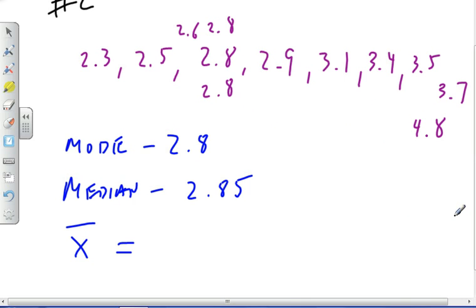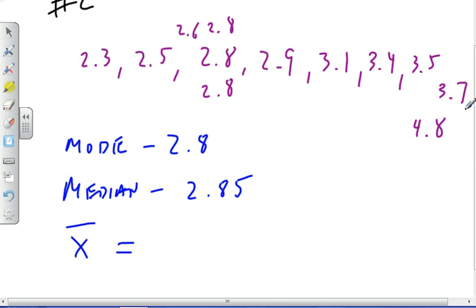I'm gonna do it differently because I'm gonna do it in my head. Okay, so I'm gonna assume that it's 3. Okay, so I'm gonna have a minus 0.7, a minus 1.2, a minus 1.6, a minus 1.8, a minus 2, a minus 2.2, a minus 2.2, a minus 1.8, a minus 1.3, a